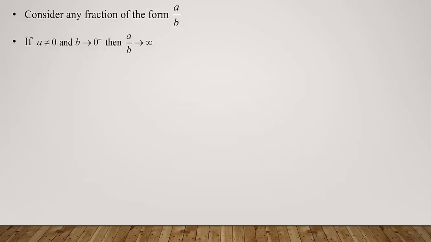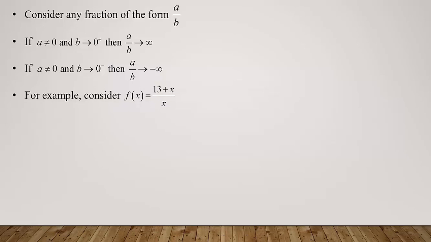If the numerator is not 0, and the denominator is approaching 0 from the right side of 0, so it's a positive number really close to 0, like say 0.0001, then a over b is approaching infinity, as long as a does not equal 0. If a is not 0 and b approaches 0 from the left side of 0, then a over b is negative infinity. I could write down a lot of cases here, but what I'm trying to get across